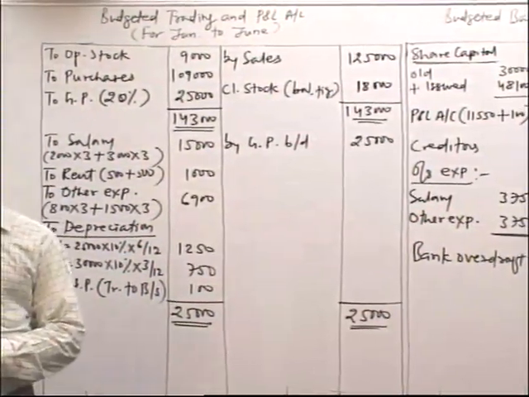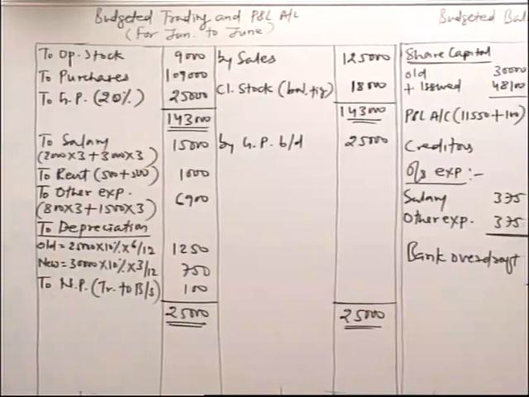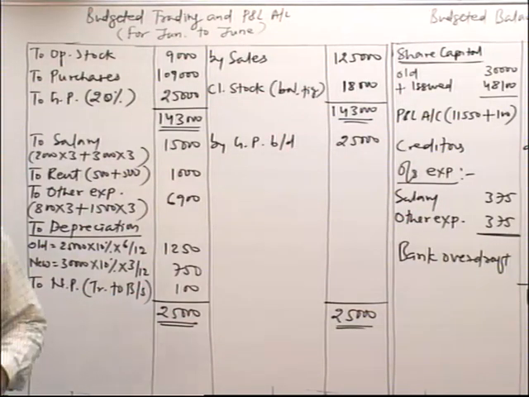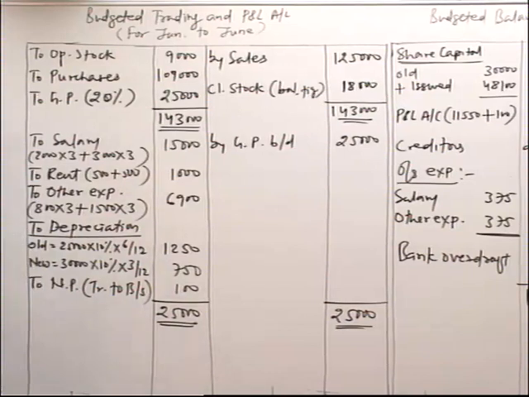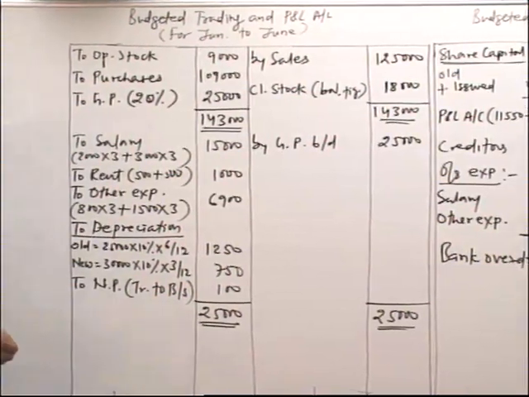Now please read question number 4. I am giving you 5 minutes to read and understand it. Thereafter I will explain question number 4 to you and then we will proceed to the answer. While reading question number 4, please try to find out which are the sources of cash receipt and which are the areas of cash payment.